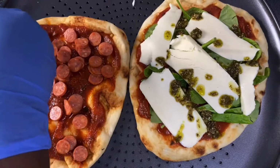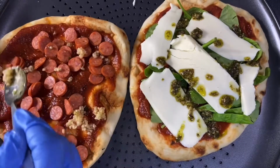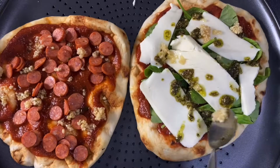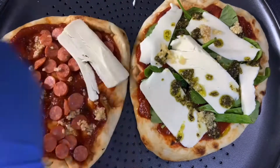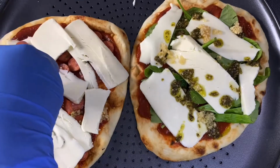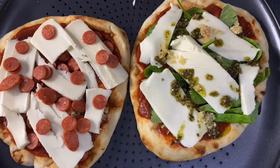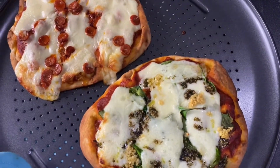And then now I'm moving on to the other side of my pizza where I'm adding some pepperoni and I'm adding some garlic. And then of course I added some garlic on that side as well. So now we're covering our pizza with mozzarella, as you guys can see, and then added some more pepperoni. So after we're done, we are going to bake this for about 12 minutes at 350 Fahrenheit,